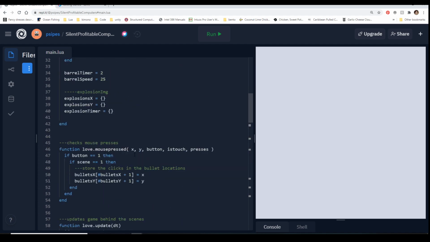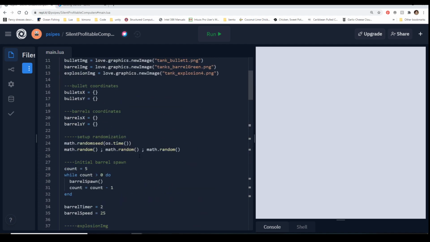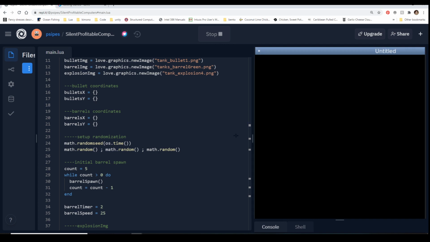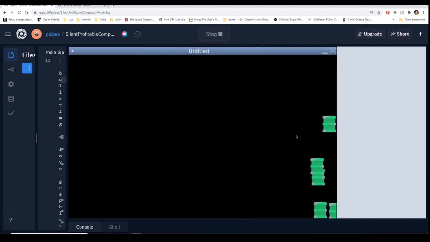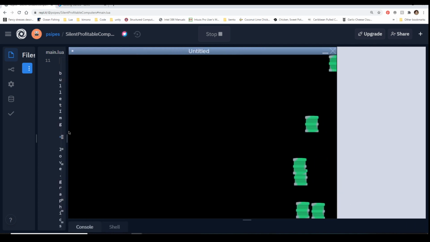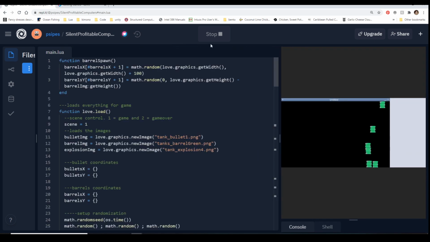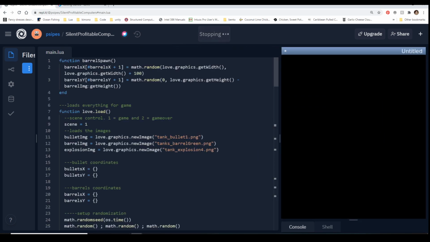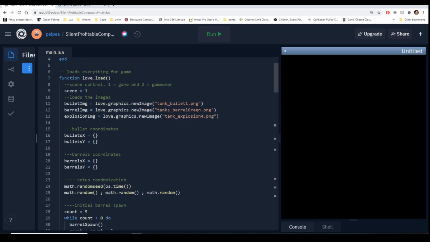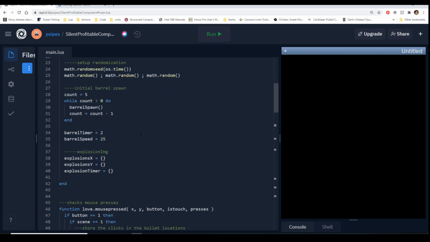So we do have to have something that says, okay, let's change over to scene 2. And if we run right now, you're going to see everything's still running, everything's still playing, everything's doing what it's supposed to do because we have it set at scene 1. Now if we were to set it as scene 2, you'd see nothing. So let's go ahead and come down where we have this.